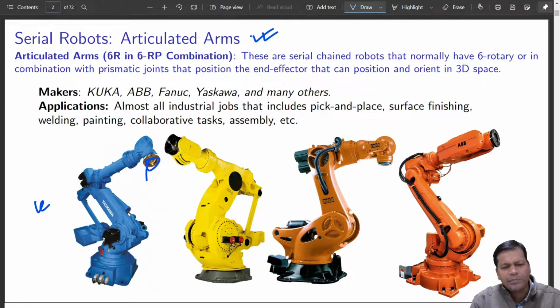There are many makers for this. You already know Kuka, ABB, Fanuc, Yaskawa, and many others. Today we'll focus on the Yaskawa robot because I have that in my lab. I have recorded for that. I'll be basically focusing on Yaskawa, but it doesn't matter, things go all the same, the theory remains the same. Applications: it can do a lot of pick and place tasks, surface finishing, welding, painting, collaborative, and many similar